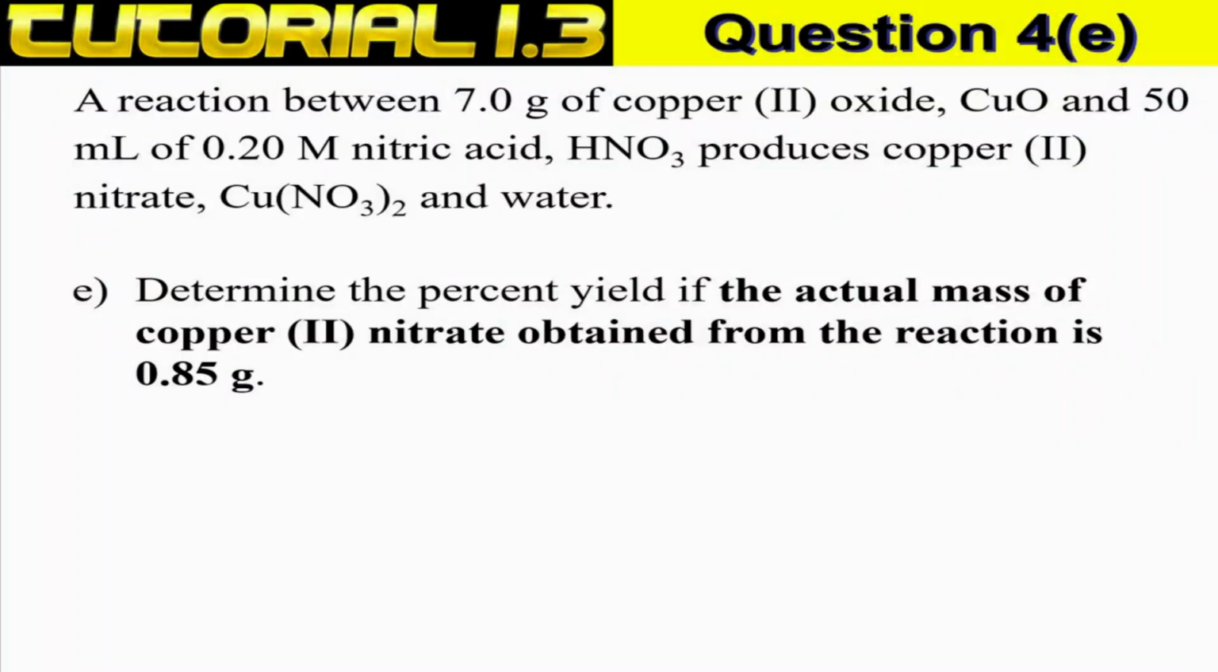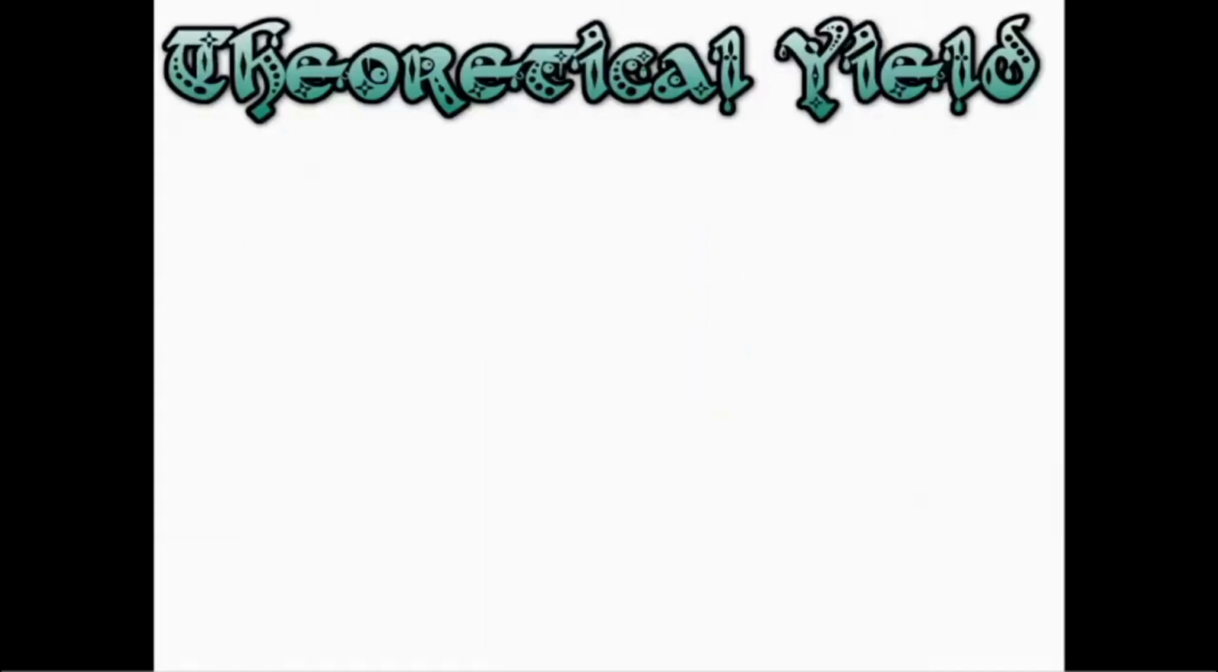Ladies and gentlemen, we have come to the last question of the day. Alright, question E. Determine the percentage yield if the actual mass of copper 2 nitrate obtained from the reaction is 0.85 grams. Before we can calculate the percentage yield, I think it's better that I explain to you